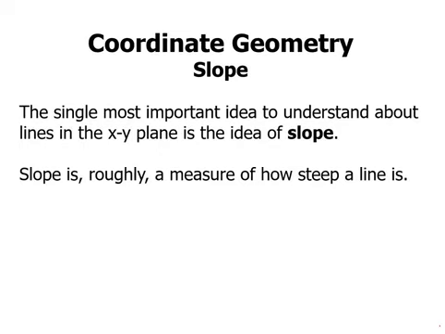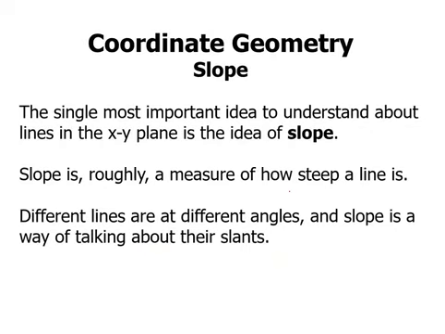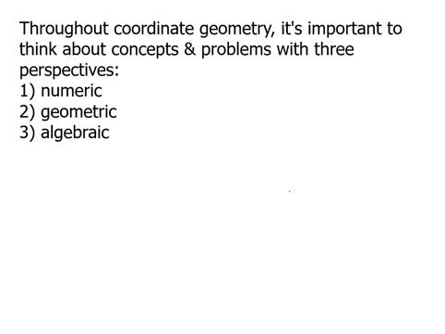So in other words, if a line is almost flat, then it has a low slope, but if it's going up like this, it has a higher slope. Different lines are at different angles, and slope is a way of talking about their slants. So before we get into slope, I'll say throughout coordinate geometry, it's important to think about concepts and problems with